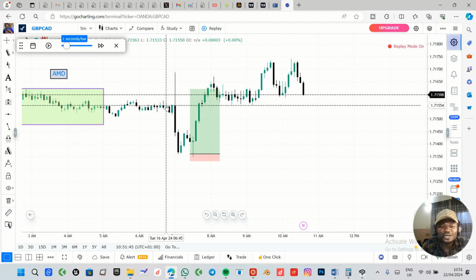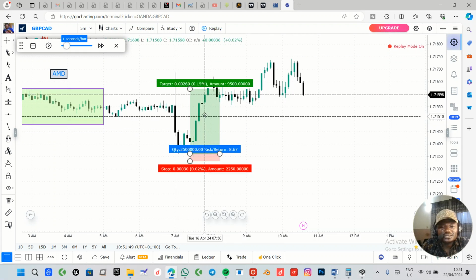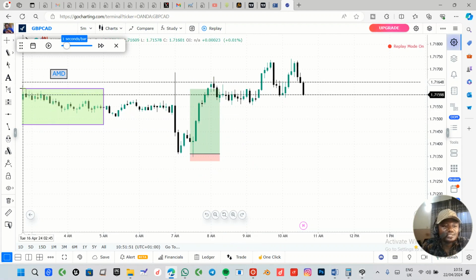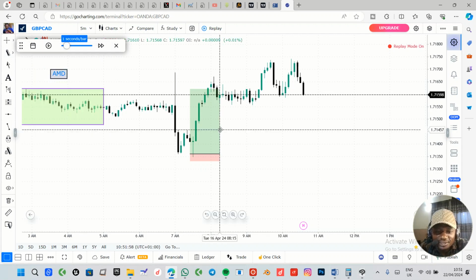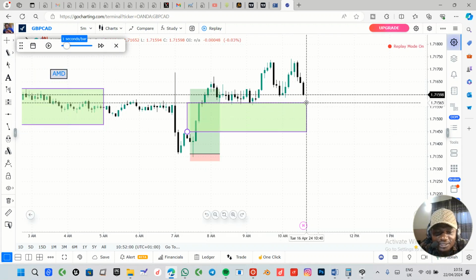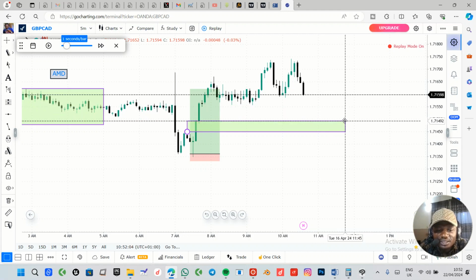Remember, for ICT, they will have to wait for a retracement into what? This fair value gap. Okay, so let's see if price is going to come down to that fair value gap for the ICT traders to take their trades, because they wouldn't want to take their trades in